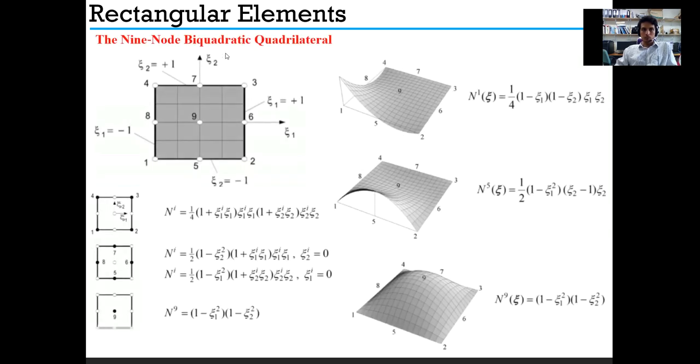So for 9 node biquadratic quadrilateral, the equations for the shape functions for this corner 1, 2, 3, 4, the general equations is quite like that. Actually, yeah, 1 plus z I1, that is the coordinates of this point. Z I1, this is the x-axis coordinates, and that means we have defined it before that in the local coordinates